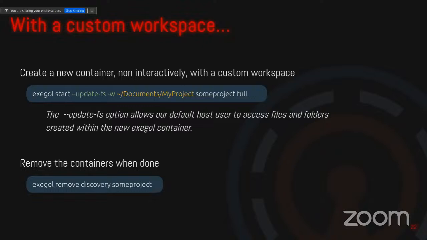There is a home directory, /workspace, and this directory in Exegol, /workspace, is shared with your host. So you can have one directory linked to your host drive, your host file system, to have the structure you use. So here, what I want to say is create a new container subproject using the full image, and the workspace will be saved to my Documents and in the folder my project. I also use the parameter